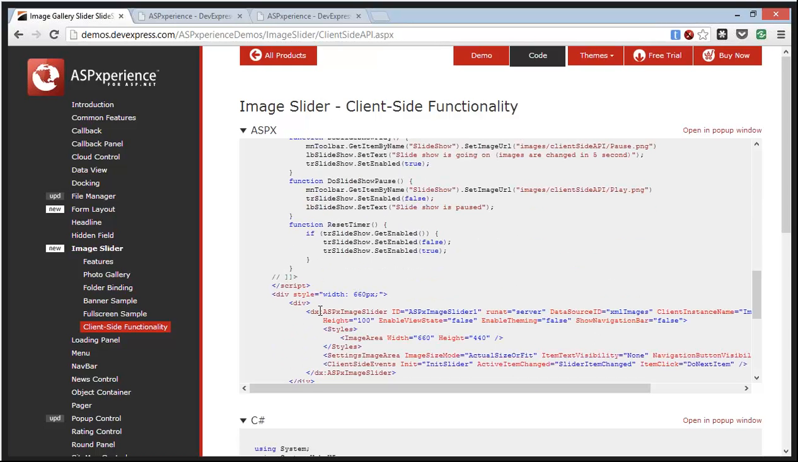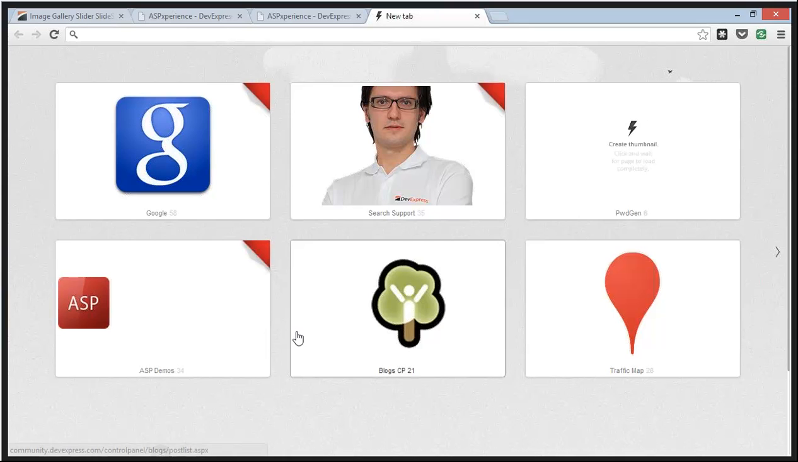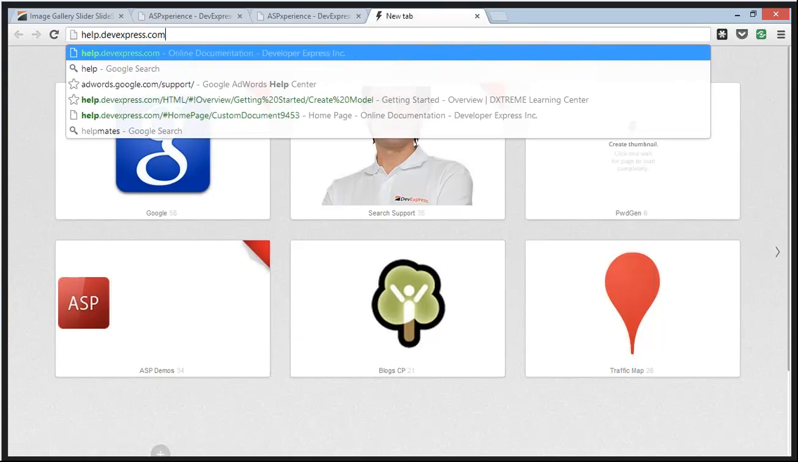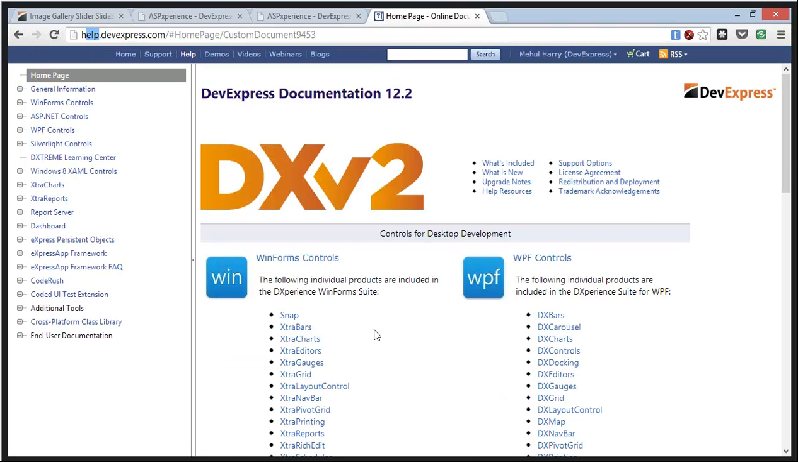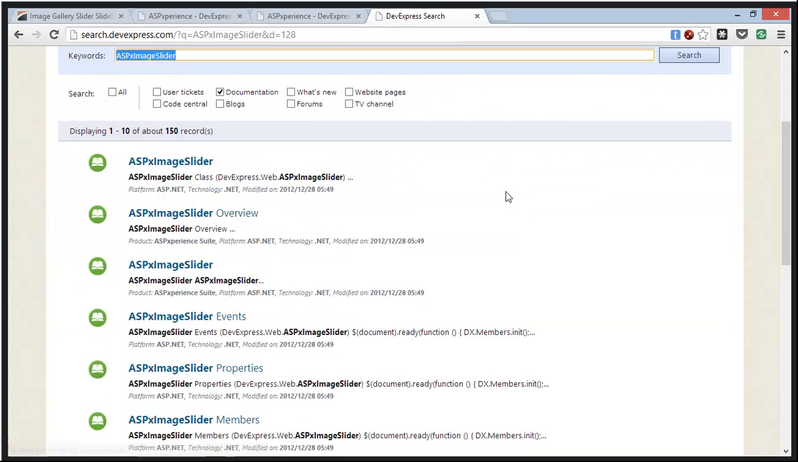Now, any DevExpress control like ASPX Image Slider or ASPX Grid View or ASPX Menu, they all start with the ASPX. You can easily learn more about them by going to help.devexpress.com or documentation.devexpress.com. Both of them link to the same online documentation. So what I typically recommend is you go to the search and put in ASPX Image Slider, and if you hit search, you will find all sorts of great information about the actual